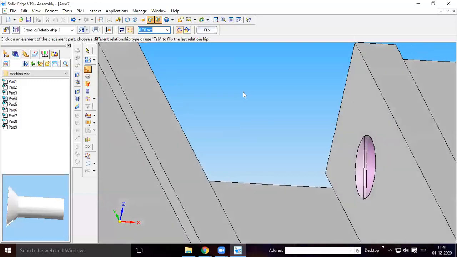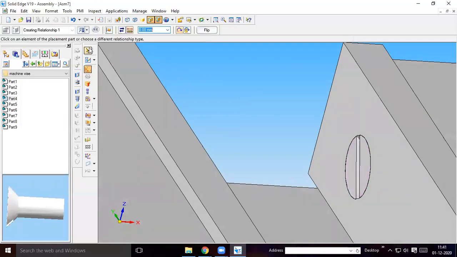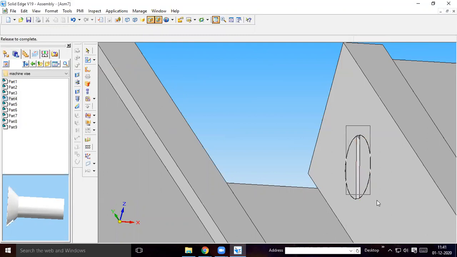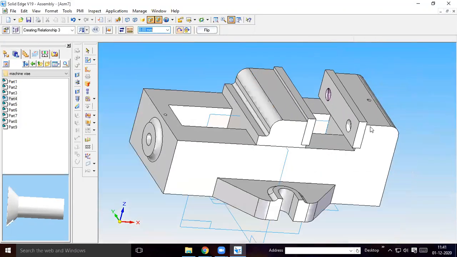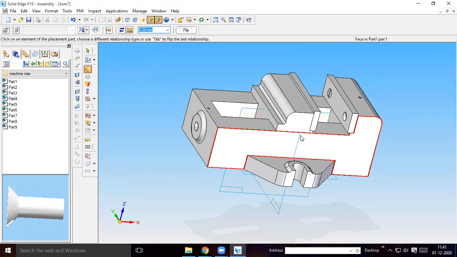Again, in order to be aligned properly, use flush fit again. Flush fit of this. If it is not taking, zoom the area. Flush fit of this with this surface. So it will align vertically. The screw will align vertically, so it will look nice.